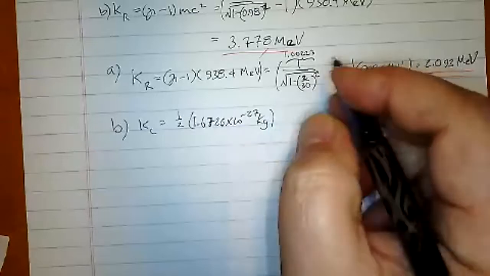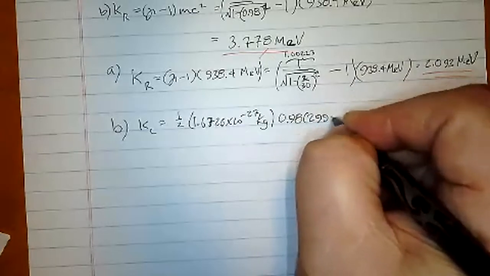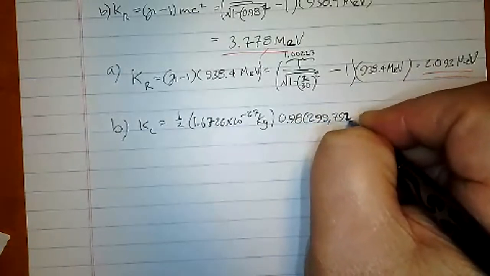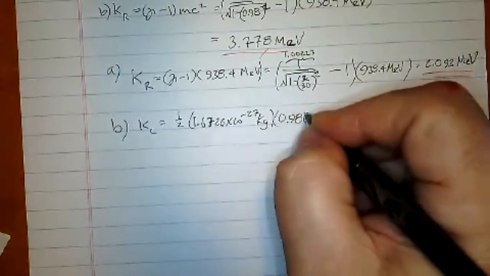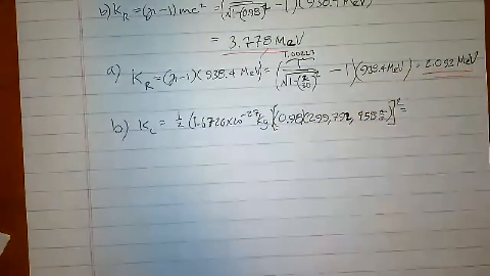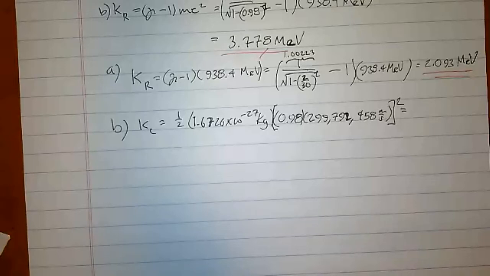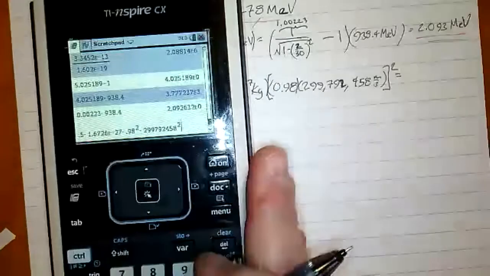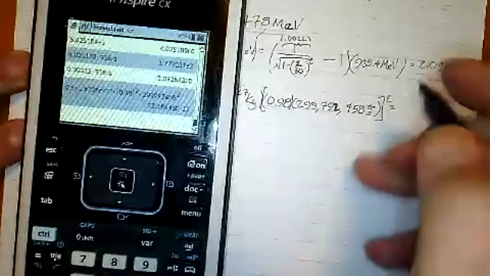I think I was right and close to running out of the page there. Again, this is times 0.98 times 299,792,458 meters per second, quantity squared. So 0.5 times 1.6726 e to the negative 27 times 0.98 squared times c squared. You can see what I wrote here: 0.5 times 1.67 times 10 to the negative 27 times 0.98 squared times c squared. And that gives me